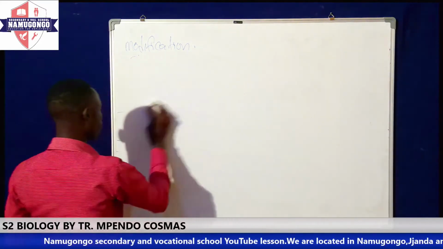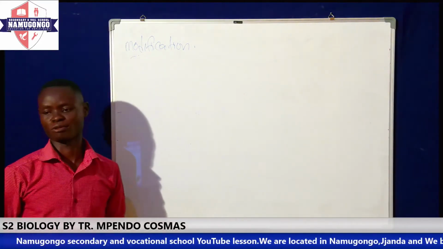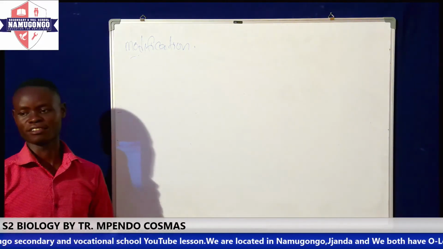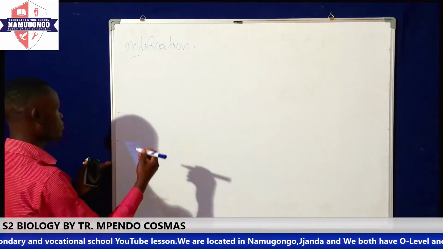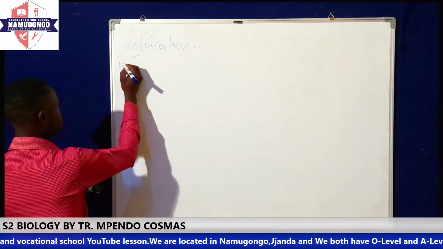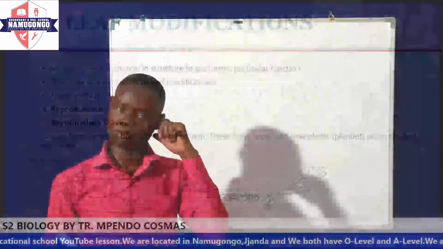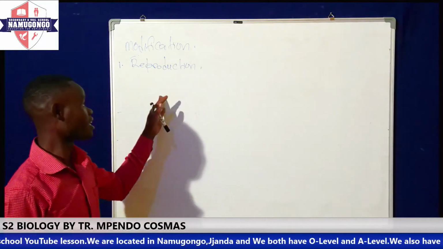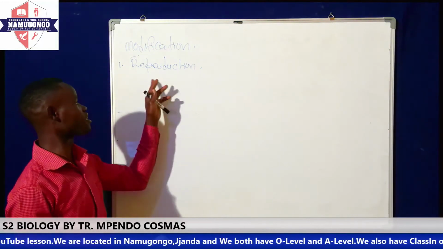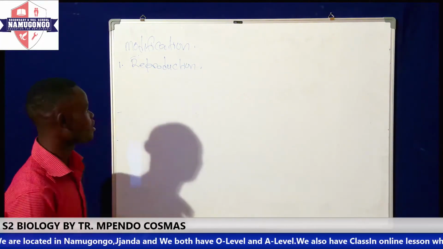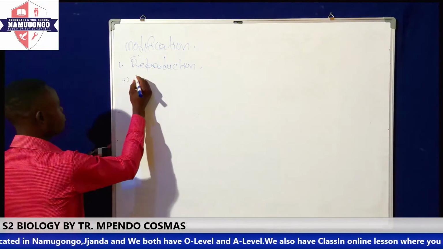There are several modes by which leaves have modified themselves in order to perform some particular function. The very first one is reproduction. We are all familiar that reproduction is essential, and its importance lies in the very role of seeds. But here we are going to see that there are some leaves that have changed their structures in order to reproduce. For example, the very first example is the bryophyllum,